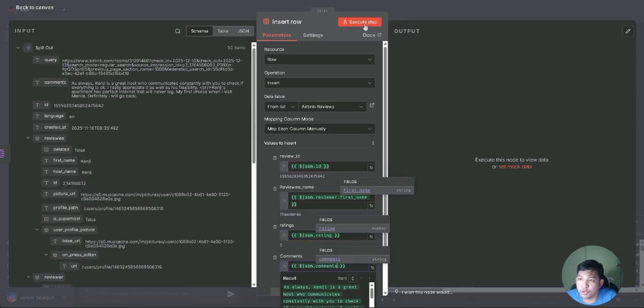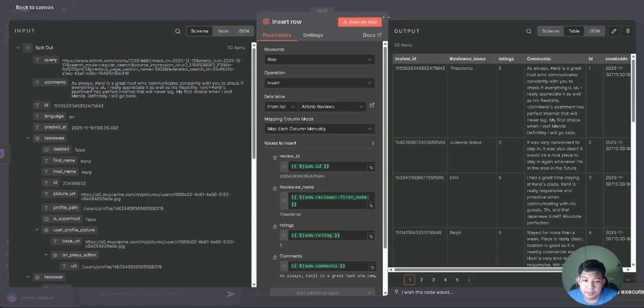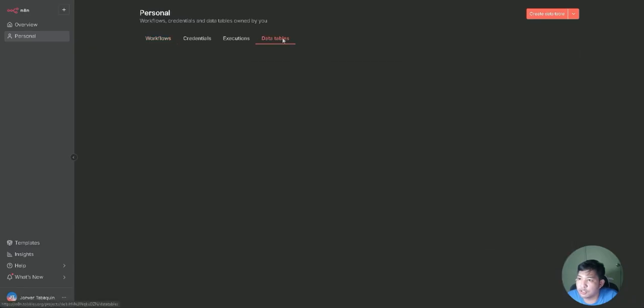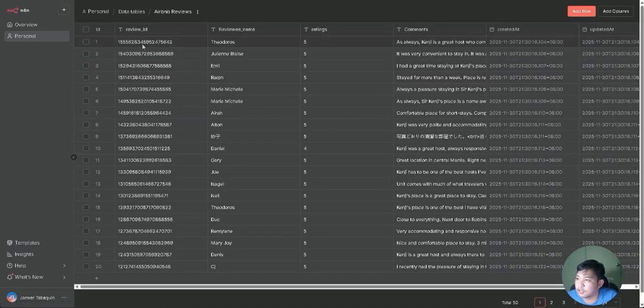Let's execute this workflow to append it to our database. Then let's check our database to see if it's appended already. Let's go here, database. And that's it. That's how you use the Airbnb Review Scraper in n8n